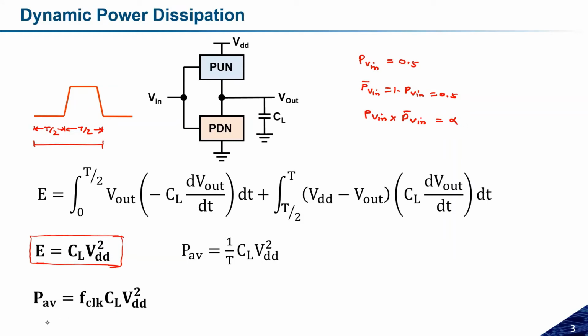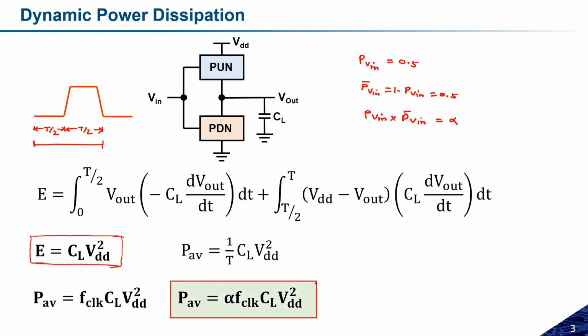Based on that activity factor we can calculate the average power. If we include the activity factor in the circuit, then the total dynamic power dissipation comes out something like that. We have to add an extra term, alpha, which we call the activity or transition factor. So the transition factor is also equally important, especially in the CMOS circuit, and that decides the dynamic power dissipation. Okay, so let us discuss more about the